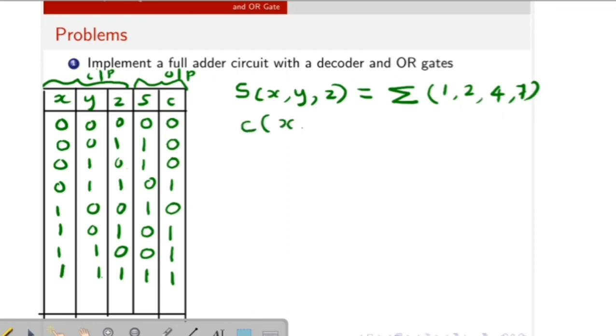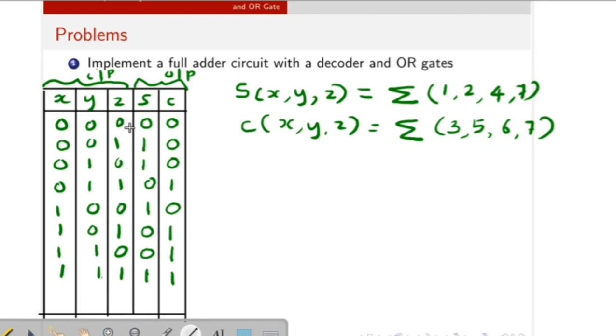Then carry of x, y, z is equal to sigma of 3, 5, 6, 7. Minterms 3, 5, 6, 7 are 1 for the carry output. So next we have to draw the logic circuit.